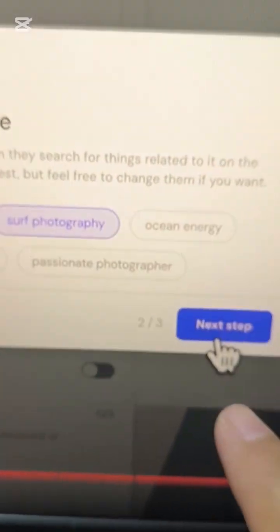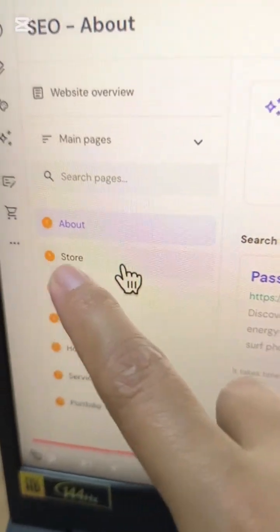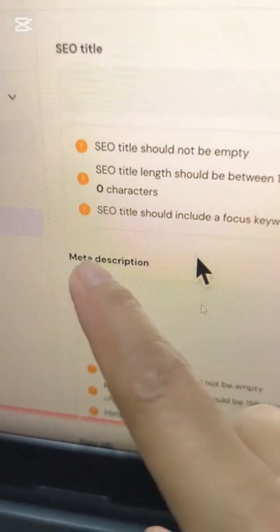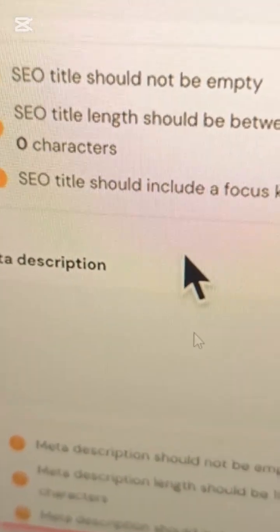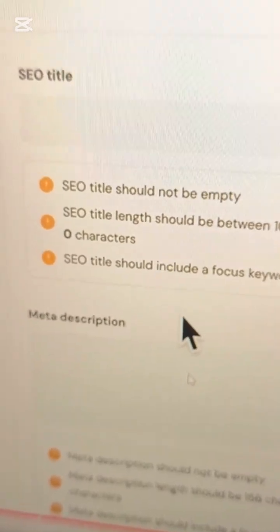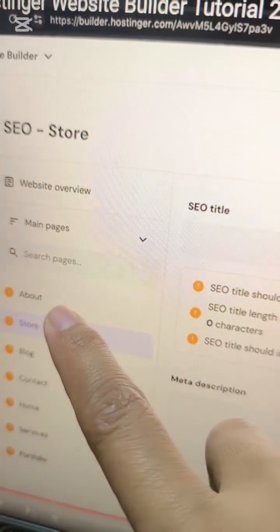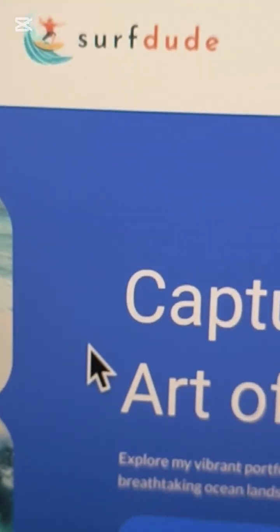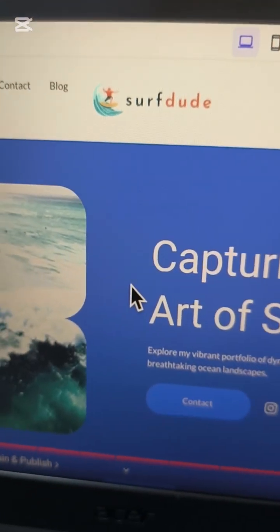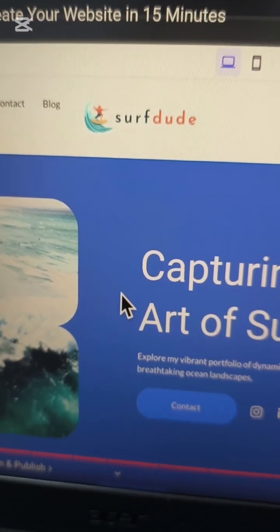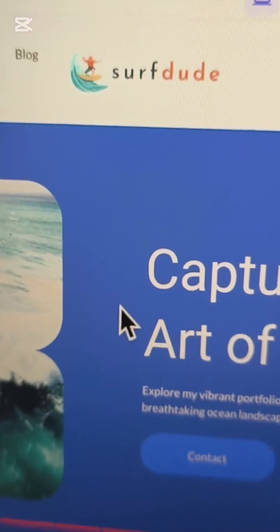Now let's go back again. If you are finished with the about page, go to store page. Just put the SEO title and here on the meta description also, and then do what you did before in the about section, this one, and then click on X after. Now, of course, at the start of the tutorial, I didn't put your own domain. So now let's go back to your domain, because before we skipped that page, that we skipped how to put the